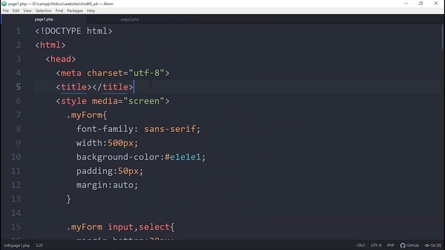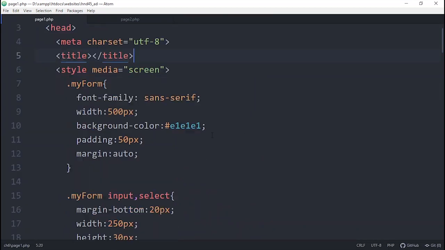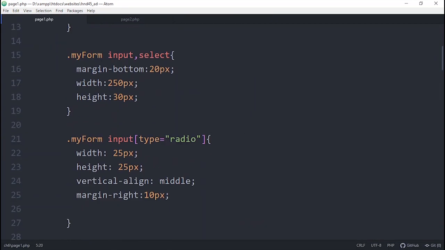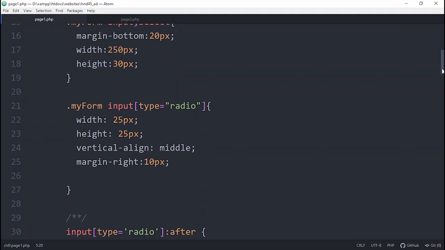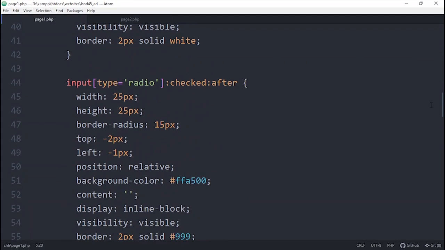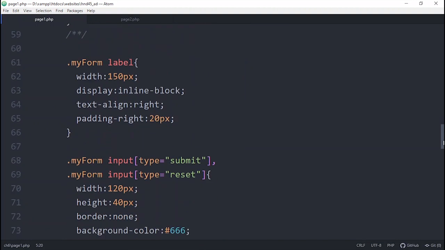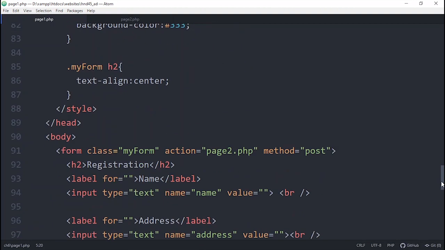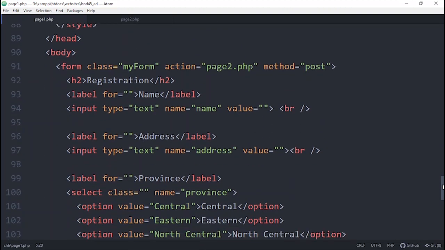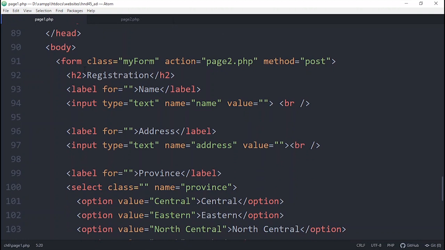Page 1 is just the interface that you saw on the screen a little while ago. That is this one. This is the interface. The code responsible for that is what I am showing you here. Just to make it look a little bit nice, I added some CSS code to that. Inside the body there is just an HTML form.